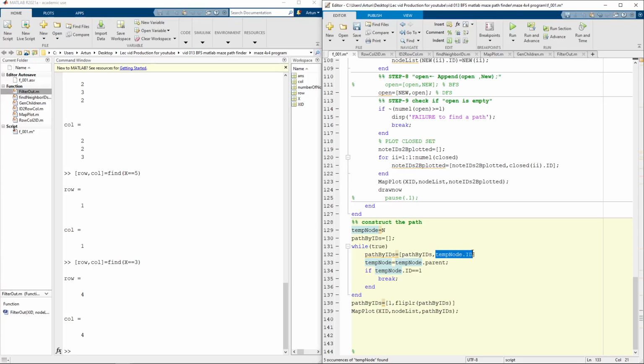And again append to our array the ID of that. And then again go to the parent and get the ID, go to the parent, get the ID, till we reach